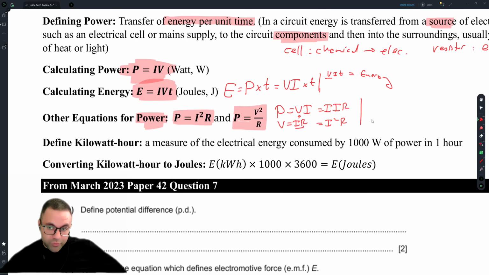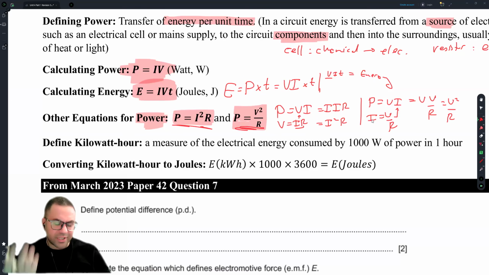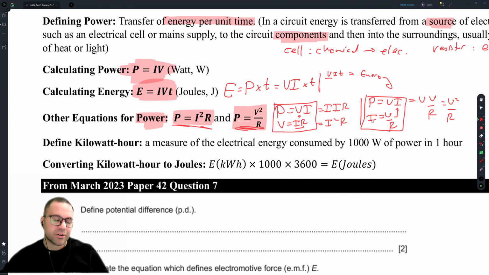P equals V squared over R is actually P equals VI again, but I equals V over R. Back from Ohm's law, it's the same thing. So I replaced the I with V over R, and I end up with VV over R, which is V squared over R. These formulas are useful if I give you I and R and ask you to get P right away. But honestly, if you forget them, that's fine. Because both of them use the same two formulas, P equals VI and V equals IR. If you memorize these two,